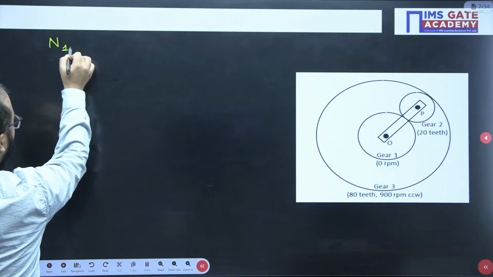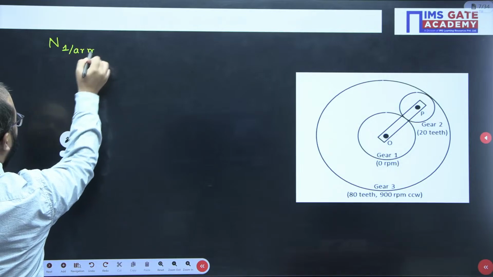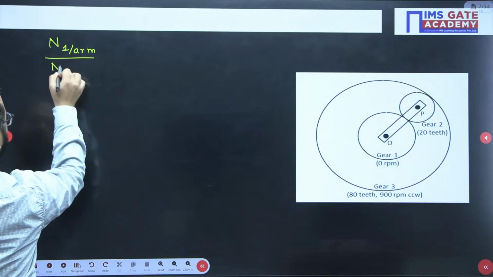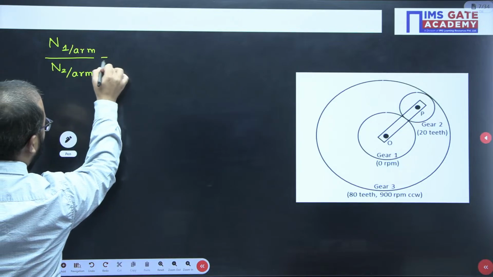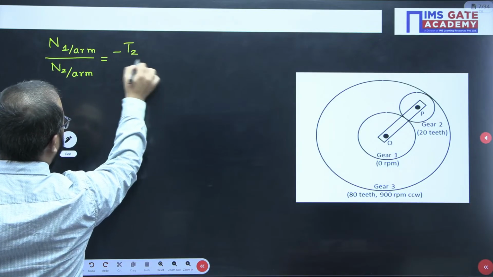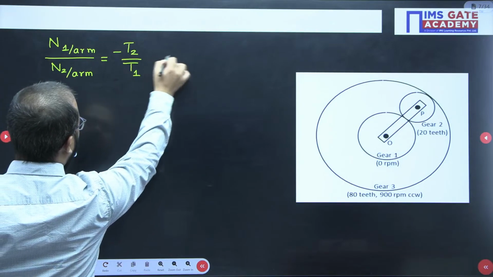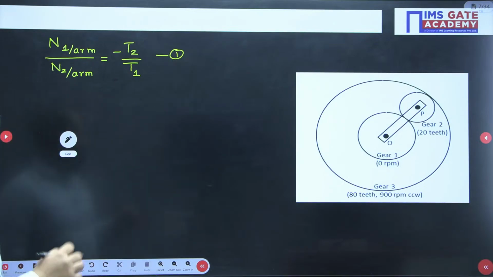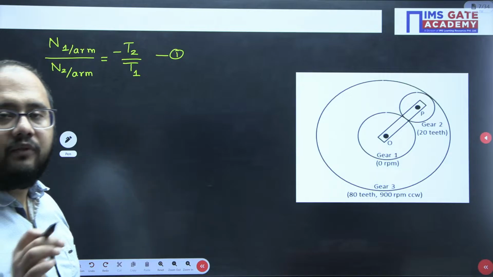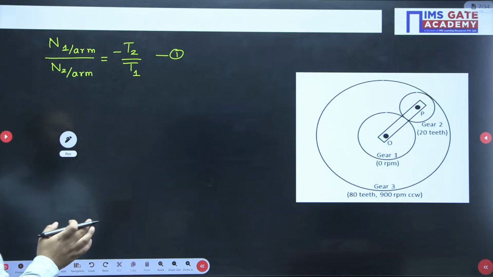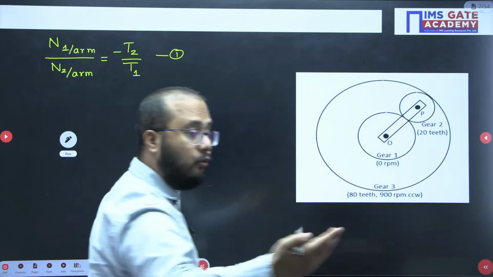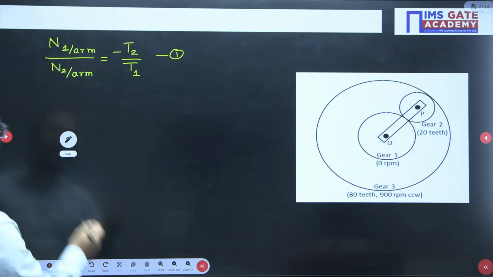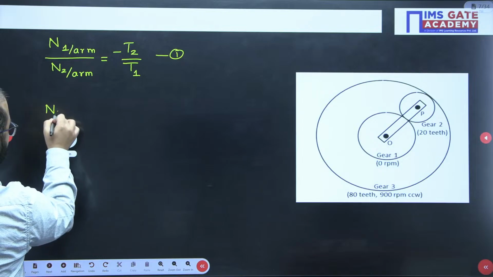Because gear 1 and gear 2 are in meshing, I can write the speed of rotation of 1 with respect to arm and 2 with respect to arm equals minus T2 by T1. That is equation number 1. Speed of rotation of gear 1 with respect to arm and 2 with respect to arm, okay, because 1 and 2 are in direct meshing. Now gear 2 and 3 are in meshing. Next, 2 with respect to arm